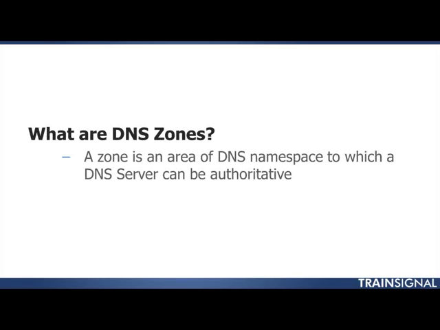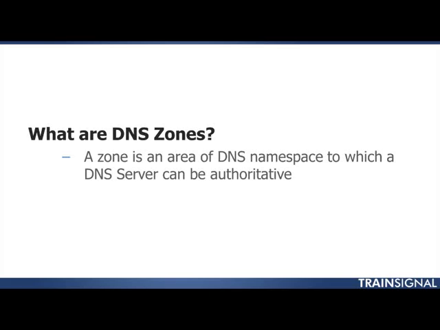Okay, so a zone on a DNS server is the area of that DNS namespace that we just went through that particular server is authoritative for, meaning it has the right to give definitive answers about computers that